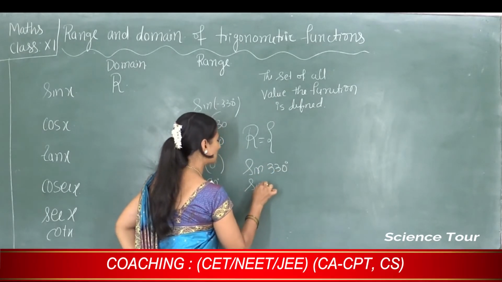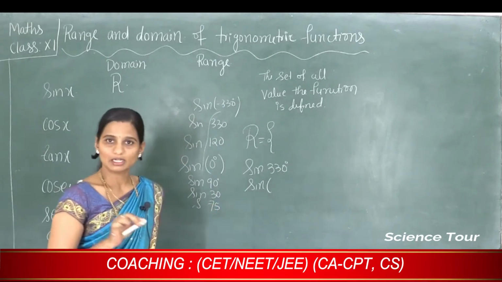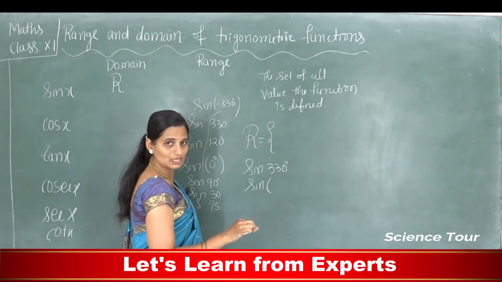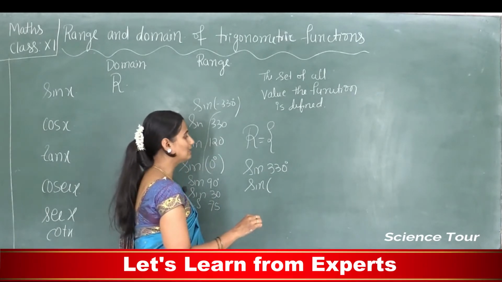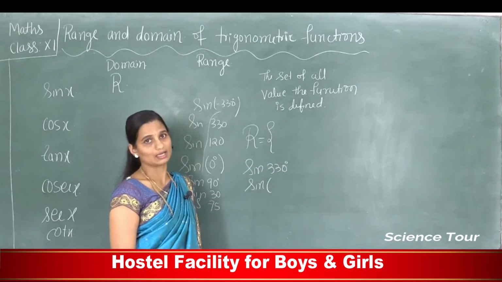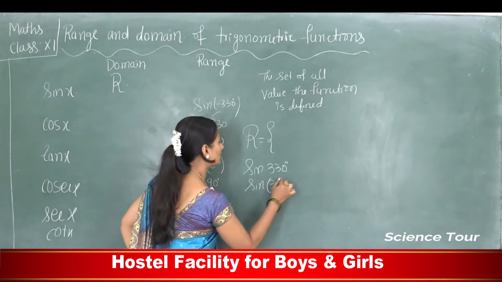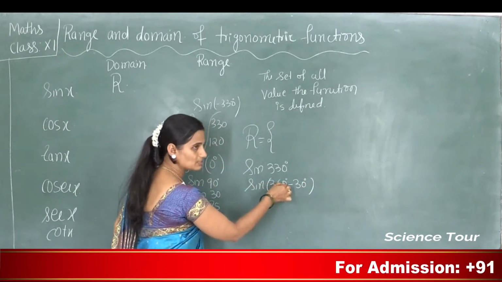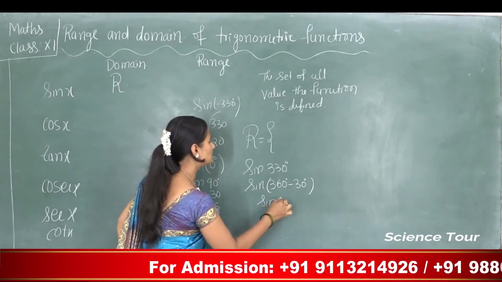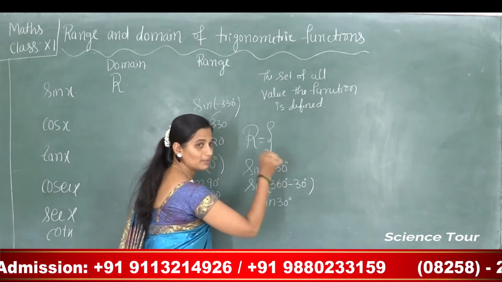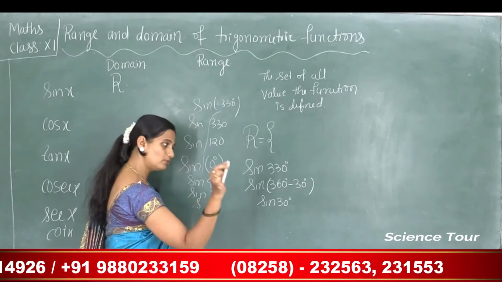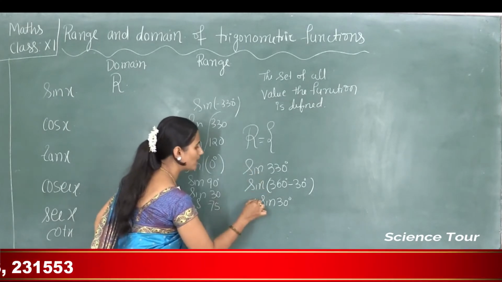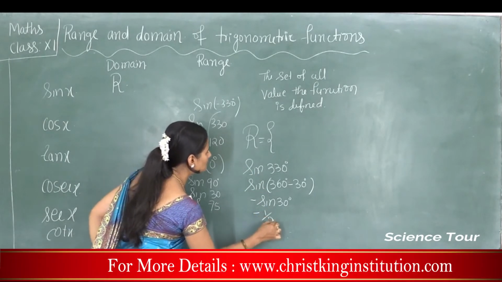So we can write sine, is this a standard angle? No, right? So first you should convert this to a standard angle by converting it to allied angles. So how can we write? I can write 360 minus 30 degrees. Sine 360, so sine remains as it is, sine 30 degrees. 360 minus 30, which quadrant is it? Fourth quadrant. In the fourth quadrant, is sine positive or negative? It is negative, so minus. So it is minus sine 30, which means minus 1 by 2.